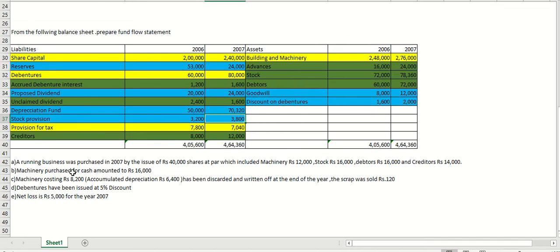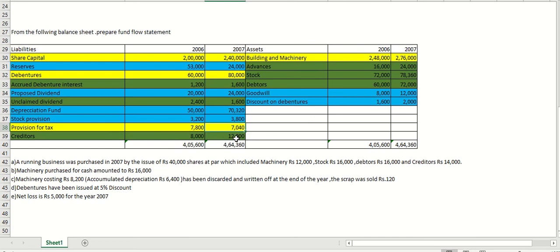Provision for taxation, we don't have an adjustment regarding taxes. We have no adjustments regarding provision for taxation. So if we consider this as non-current liability, how will this appear? This 7,800, which is your last year provision, we will consider as the tax paid for the current year. Since it is 7,800, it will be shown up in your fund flow statement.